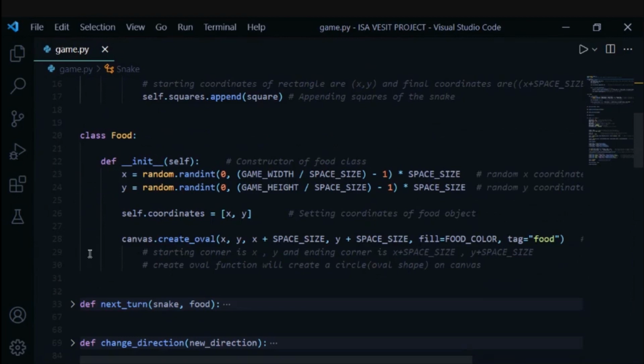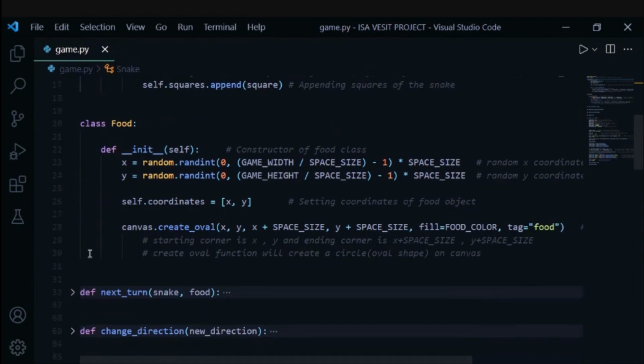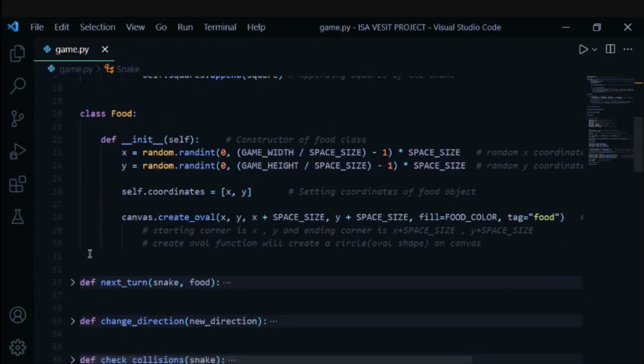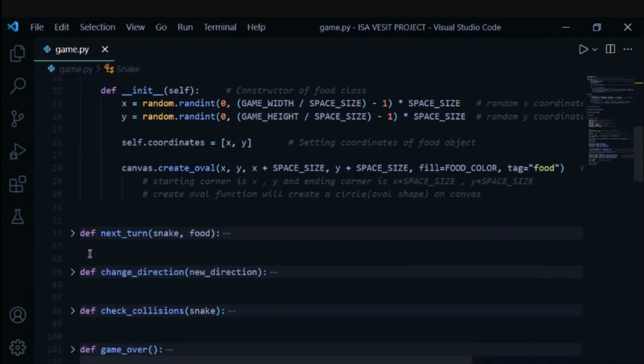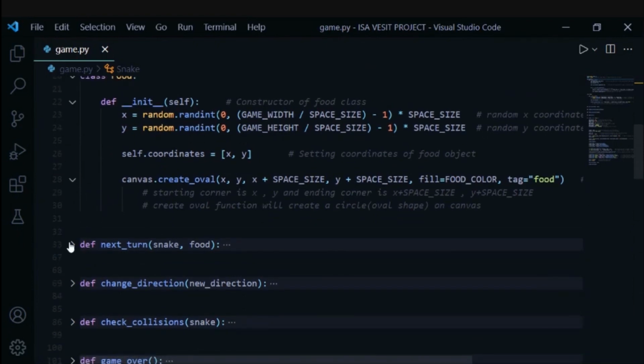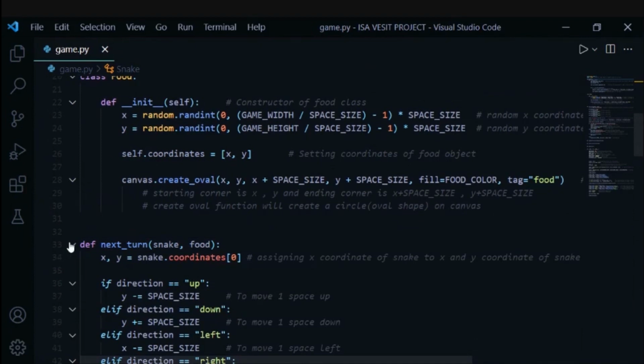After creating our food, we will append the coordinates as a list to the list called coordinates, and we will display our food using the create oval method. Now let's discuss the next turn function.